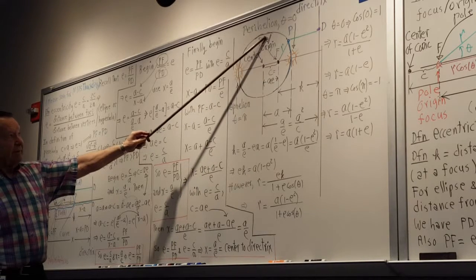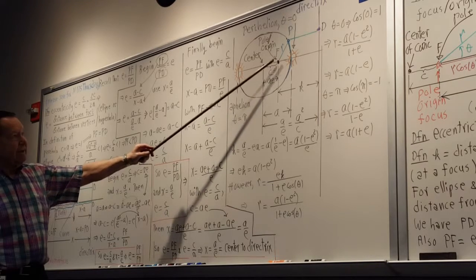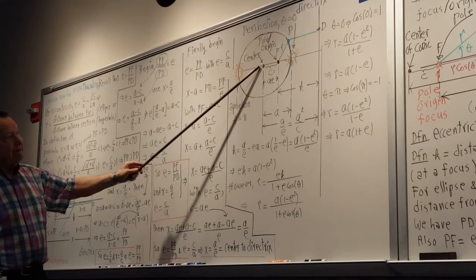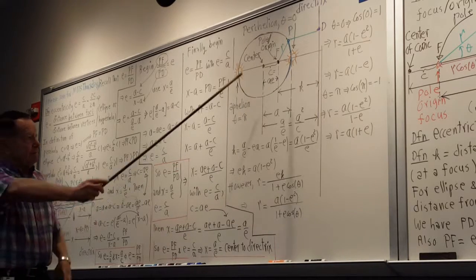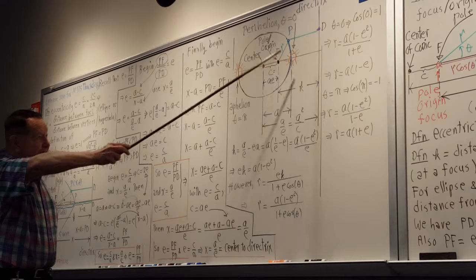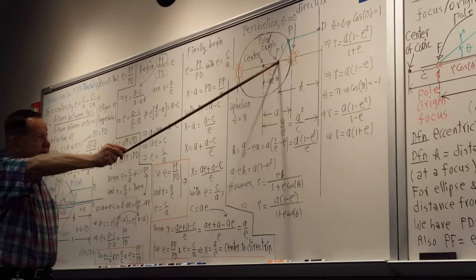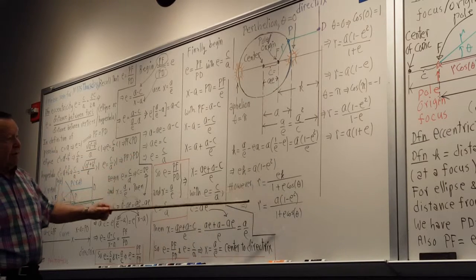The Earth's orbit is actually much more circular than this picture. The real drawing would have the two focal points very close together and to the center, but I've exaggerated. So if we are at the closest, with the sun there, that's called